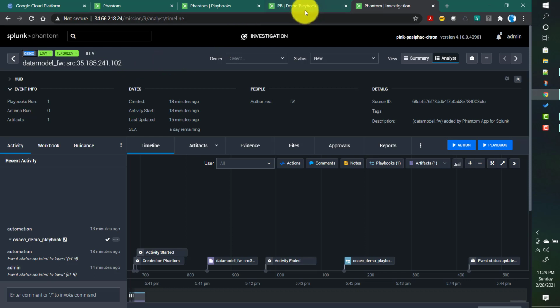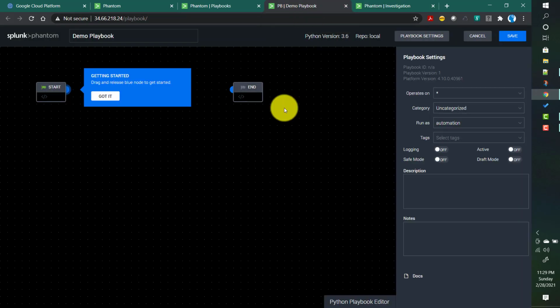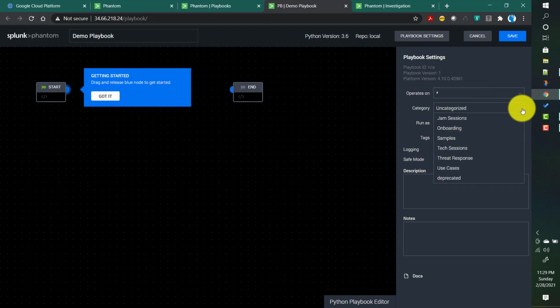Now let's go back to our playbook first. That's why I just chose star on the label itself, because we wanted to update the label as well. Now category, you can select something like Jam Sessions Onboarding, based on what kind of playbook it is. If it is working on a use case, you can select use case as well. If the playbook is not in use, you can update its category as deprecated as well. So for now, let's say we are working on a use case, so I will be choosing the category as